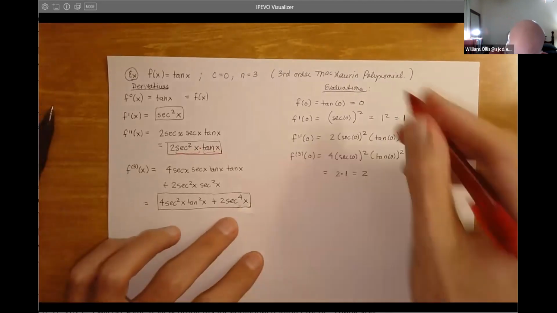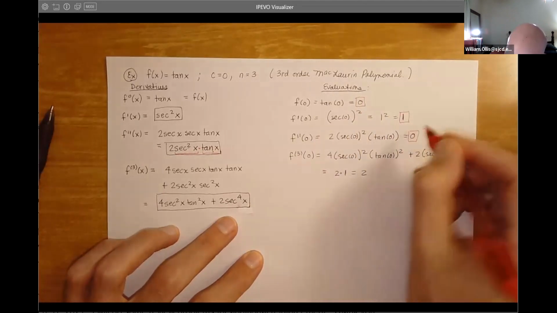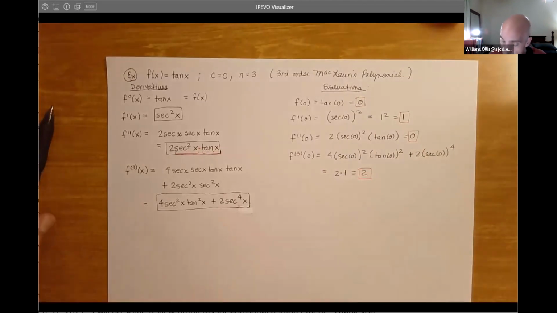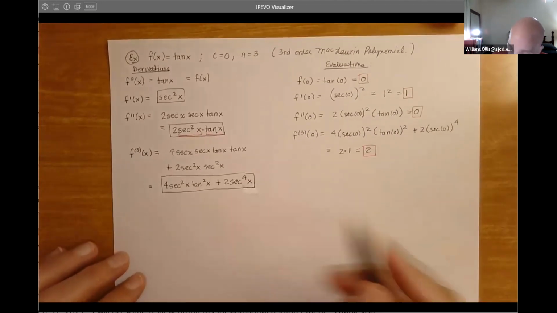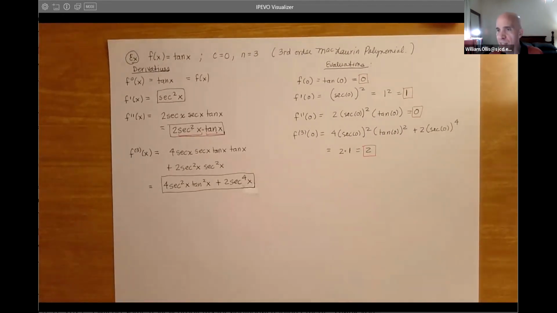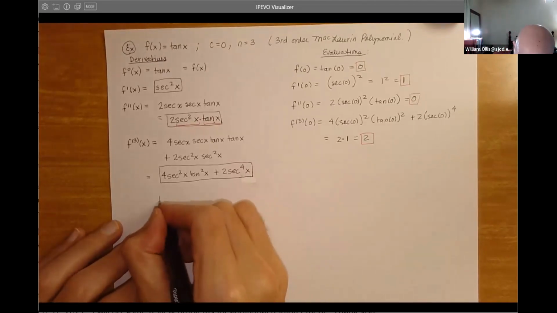So what we do is we just go up here and put boxes around them to basically tell us that these are all parts of the coefficients. So now let's go ahead and write down. Now, like I said before, and this is really important, remember the first time you did the law of cosines and the law of sines in pre-cal, you write the formula down, because if you start substituting numbers and you're not organized, you just get a bunch of hash. So what I would say here for some of these, go ahead and write down the formula, then fill it in. So now for the 3rd degree,